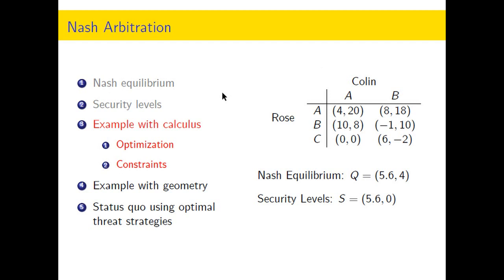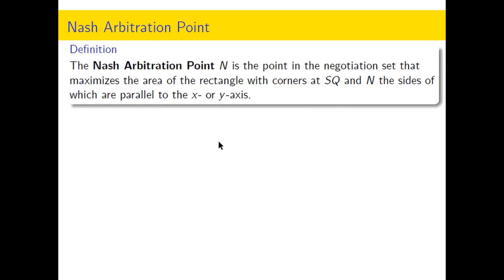So John Nash suggested that we do an optimization problem from Calculus 1 to determine the Nash arbitration point. So let's walk through that example. He said, look, suppose that we have some status quo point. I'll talk a little bit more about that in just a second, but suppose we could establish the status quo